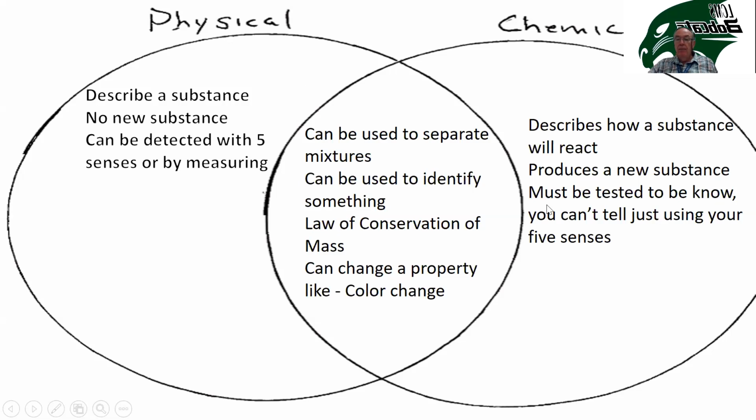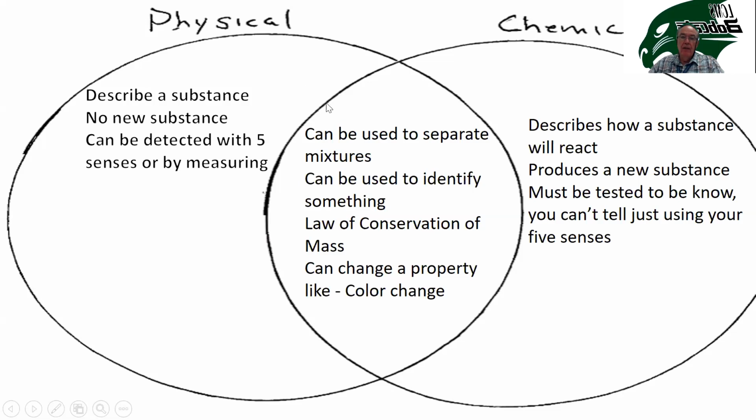We can't just observe chemical properties by looking at something. We actually have to test them, or somebody else had to test them. So, in the past, we know that, for example, wood has been tested. Somebody else did it. We know. Okay. But if it was something new and you just took a look at it, you might not know. So you or somebody else has to test it for us to be sure. Which means we can't tell just by using our five senses. We can't just look at it and know for sure what it's going to do.